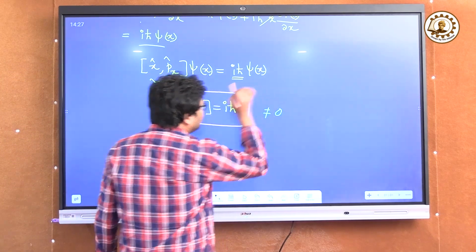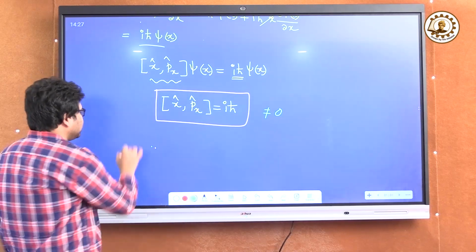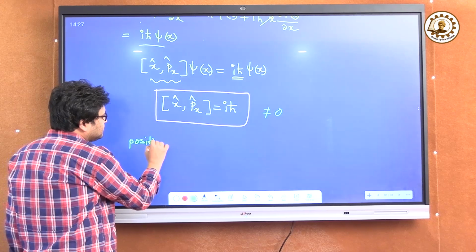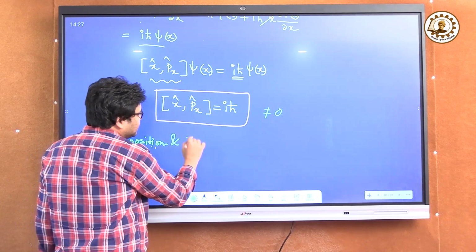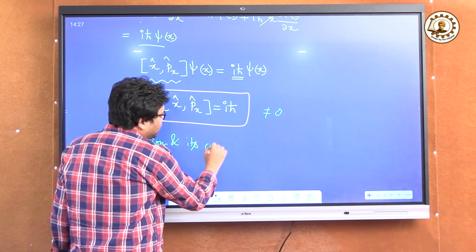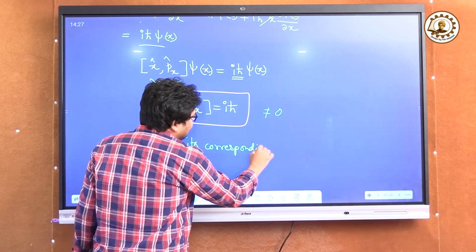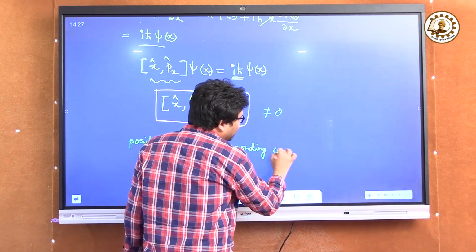So it implies that position and its corresponding conjugate momentum